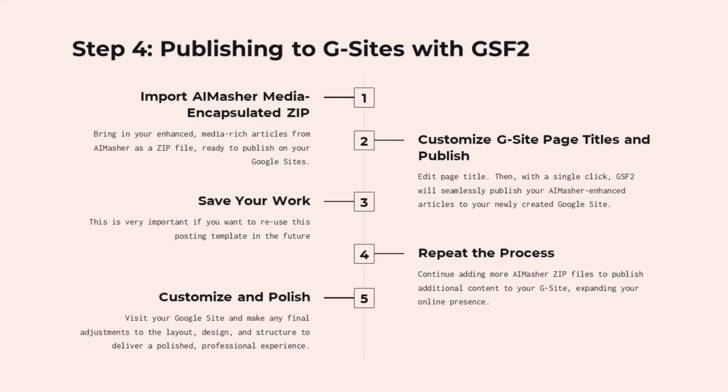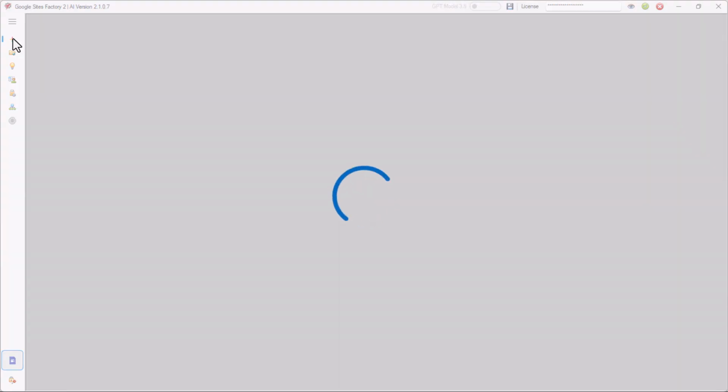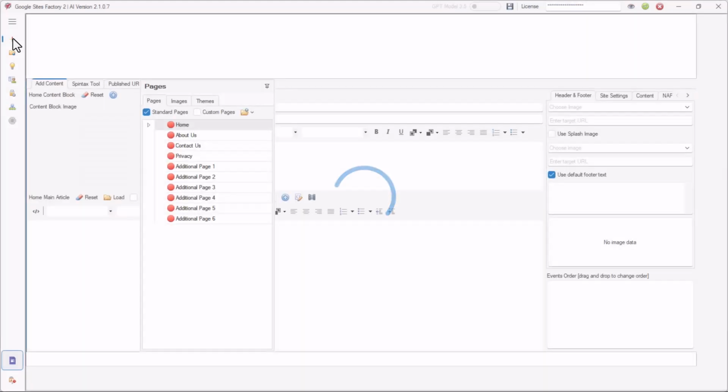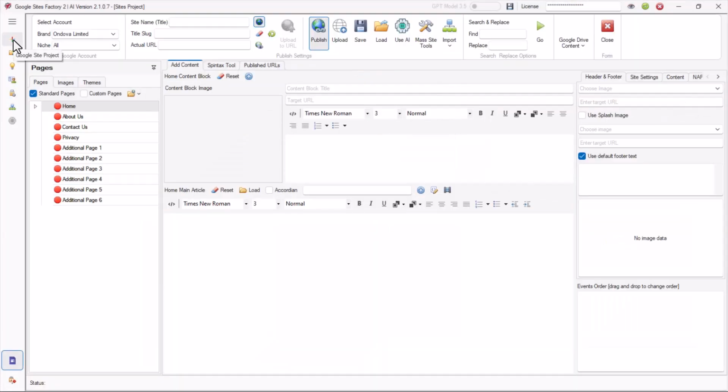I'm in Google Sites Factory. This is what you're going to open up to, and you're going to basically push the plus button right here. I want you to follow step by step with me. The reason I say that is sometimes I've gotten out of step sequence and I've really messed it up. So I've got two Google accounts attached. I'm going to go ahead and go with the Damon Nelson account. And sometimes it flips over, so just make sure it's in the right Google account.